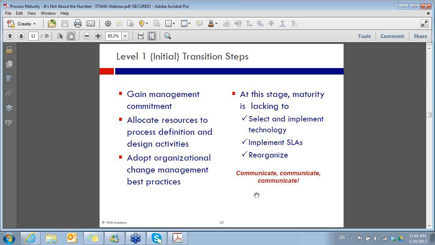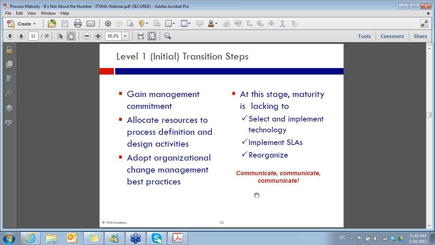You could end up with the greatest technology in the world, but it may not meet the needs of your organization because it won't support your processes. It's not a good time to implement SLAs because, again, the service level management as a process is not SLAs, right? The SLAs will come later. It's also not a good time to reorganize. In a lot of organizations, they go through this. We're going to do a reorganization in advance of implementing these processes. Well, as a part of process design and improvement, you may find a different organizational structure that would better meet your needs. So not a good time to reorganize.